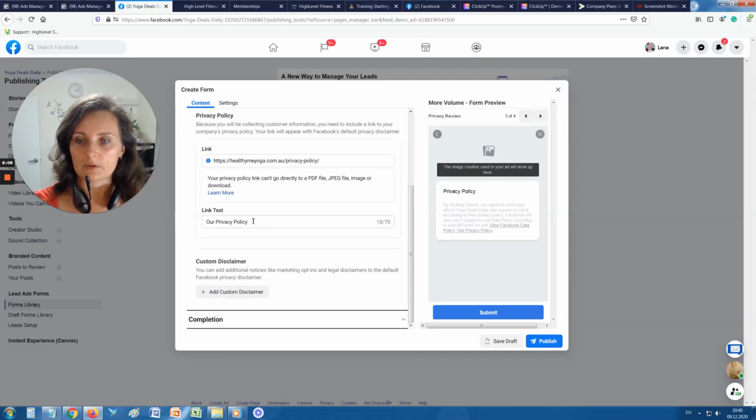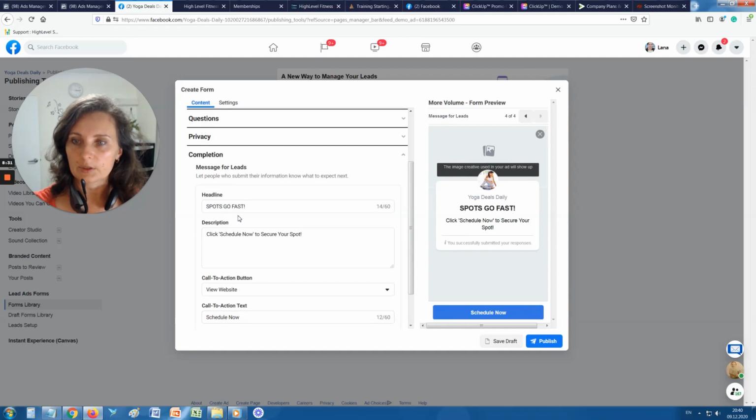And then you just describe what it is. It's our privacy policy, and maybe you have T&C and whatever else you have in there according to the legislation for your country, your state, etc. As well, you can add a custom disclaimer, but you don't need it. Okay, and the last step, once you fill out all of that, is